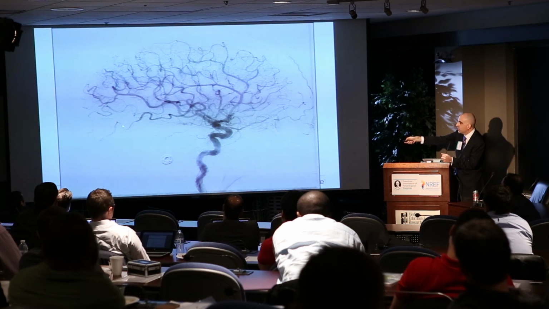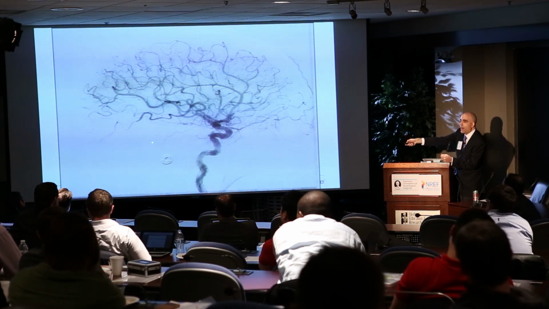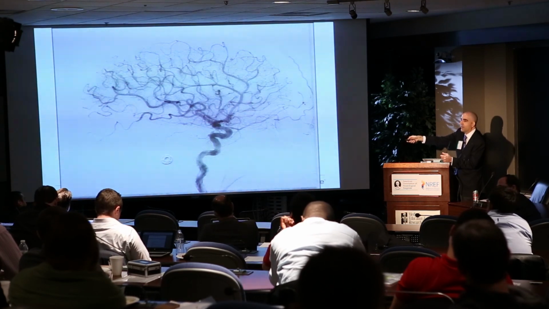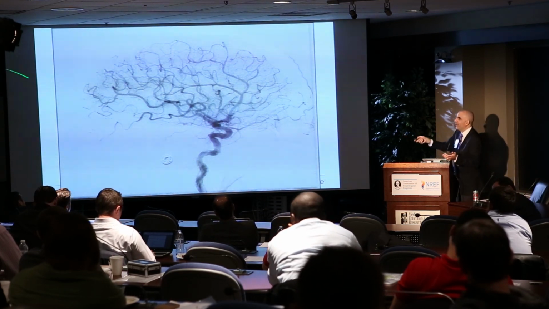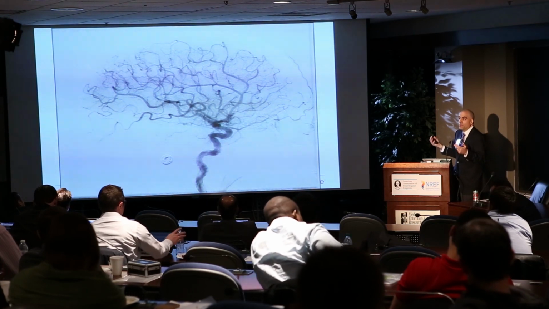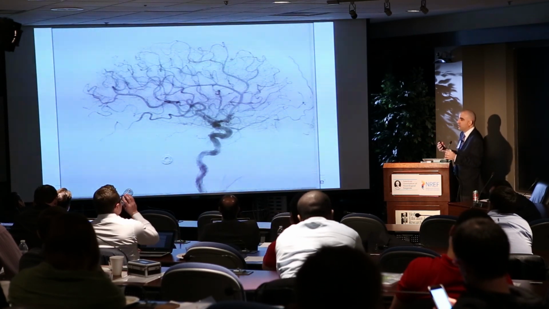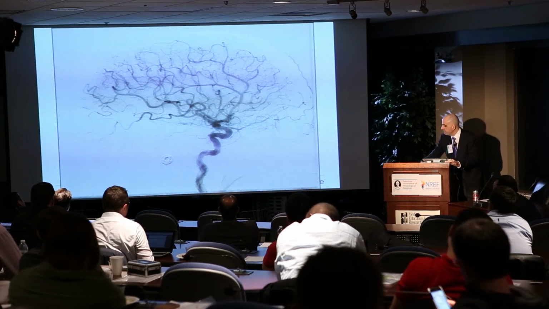This is the en passage vessel. It continues on as a normal vessel. Up to that point, it's enlarged because it was in the habit of supplying the AVM, but from this point on, it's a normal vessel. Again, would it have been the end of the world to take that artery? No, but sometimes getting in the habit of paying attention to that could save somebody a stroke.